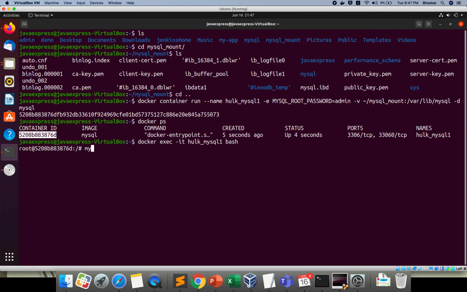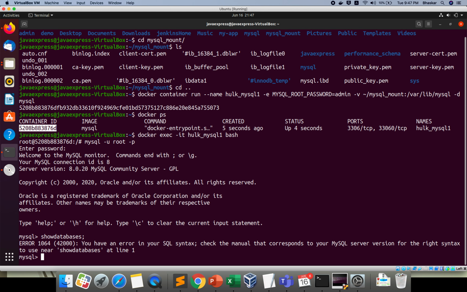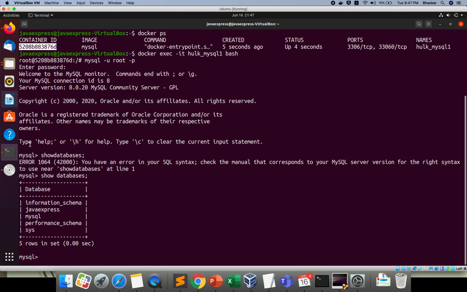Now go and log in and check whether your database exists or not. mysql -u root -p, admin, I've given the password. Now you are inside your terminal, inside your MySQL machine. If you say show databases, in the previous container I created a Java Express database, right?